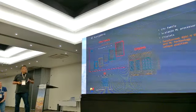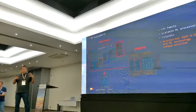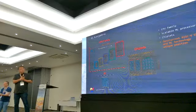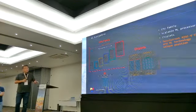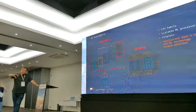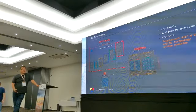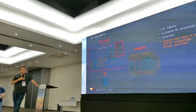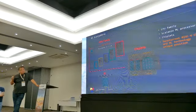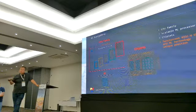I want to mention again this scalability: we're using RISC-V technology to build this scalable CPU family, and we're building a scalable AI computation element. We're using chiplets to make the scalability even higher at the package level. So we think Tenstorrent, using RISC-V technology and also machine learning technology, is in a unique position in this